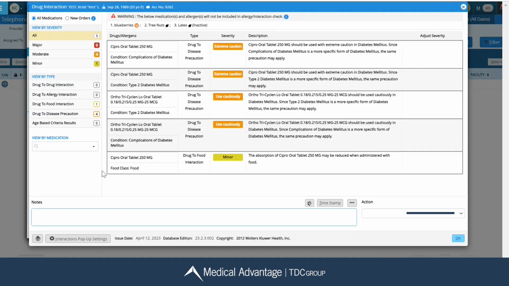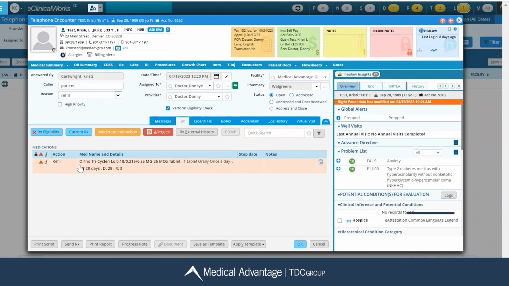Now, if your patient has any drug interactions, notice this pop-up window automatically opened for me. I can take a peek at any interactions listed here and then click my OK button down at the bottom right-hand corner. I'll see my medication listed right here. If I needed to make any changes, I can still click on it from right here and then work my screen left to right,